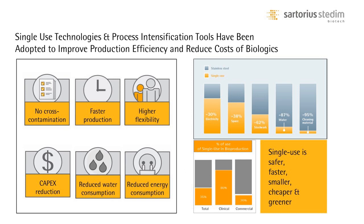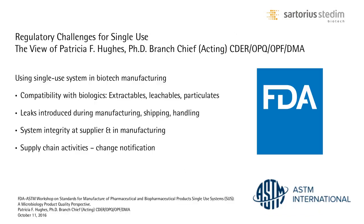but we will see also that it brings a certain challenge. The interesting point anyway is that the benefit of single use is accepted and acknowledged by both the end users and the authorities. And here I'm quoting Patricia Hauk from the FDA, during one of the FDA ISM international meetings. She does recognize all the benefits of single use in terms of safety, in terms of economics, in terms of providing more flexible processes. But on the other hand, she raises these